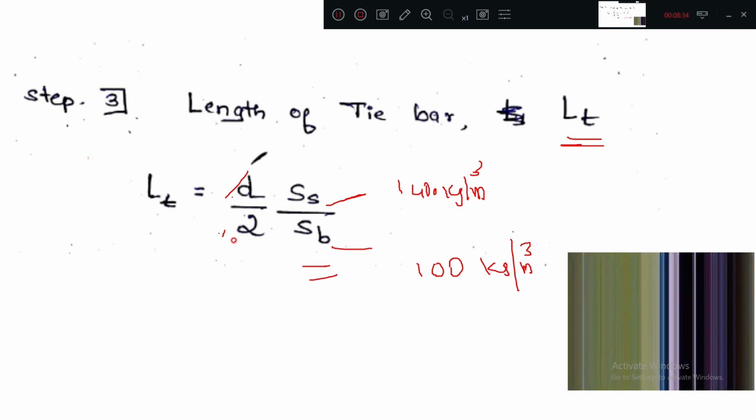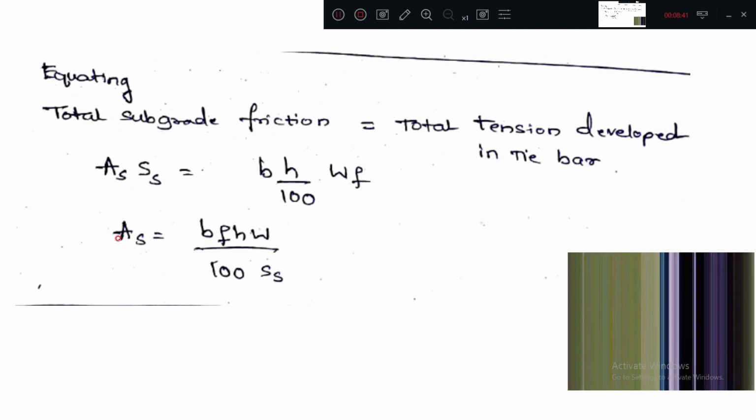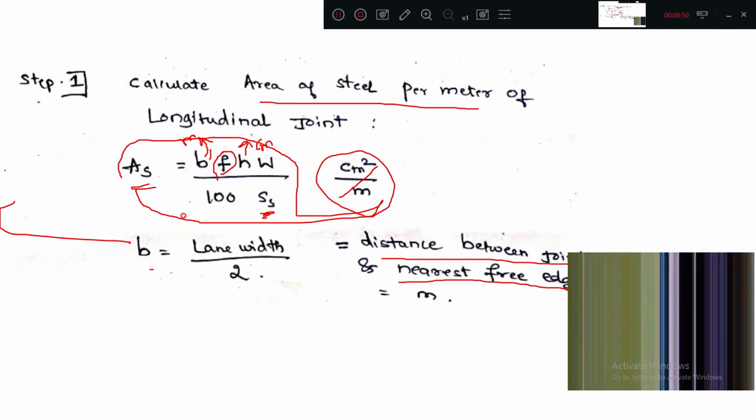So these are the 3 steps. Up to this the design problem is over. Generally they are asking a 10 marks problem. Now this is the equation; how to get AS? This formula is derived in this part. If you see here, it is already there. How have we arrived at this?